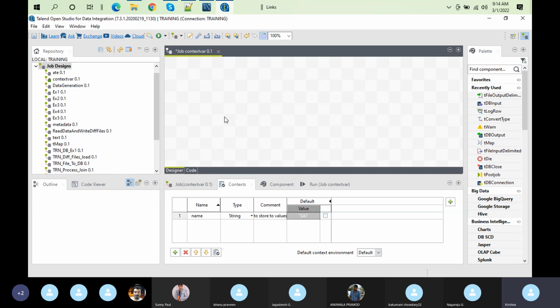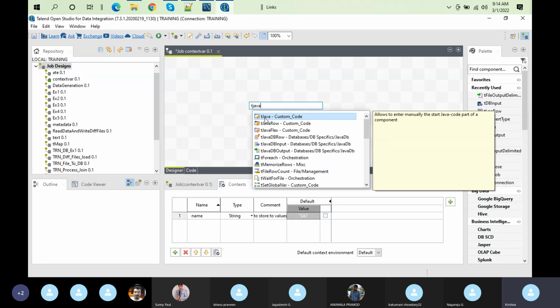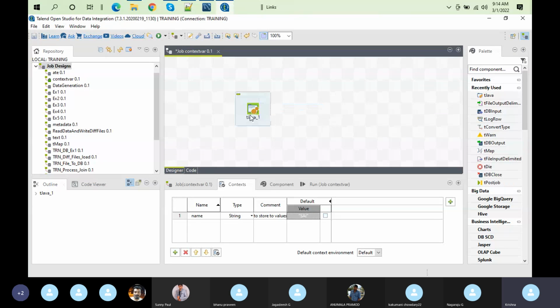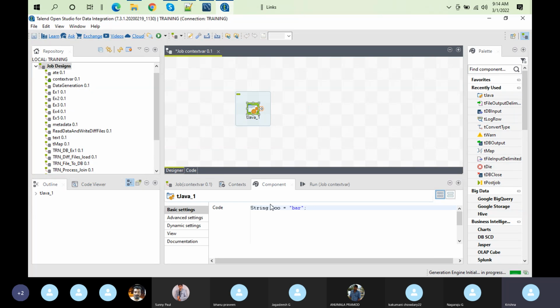So now I'm going to call that. We'll see how to call it. I'm taking the tJava component, in which we can print whatever we want. We are using System.out.println, right? I'm going to use System.out.println to print that variable. So what we have to do is we just use System dot out dot